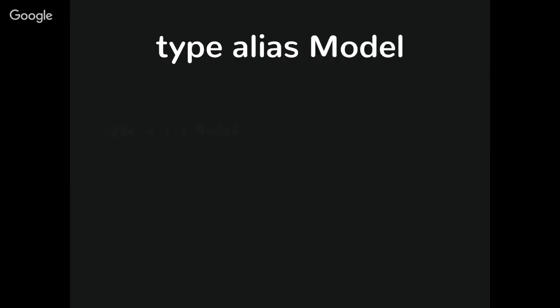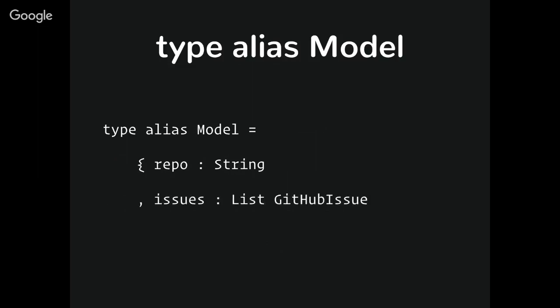So in this case, we're going to name it model. You say type alias model is equal to, then you use curly braces. We'll explain these in a minute, but pretty much all it means is I'm opening something that would be equivalent to a JavaScript object. They're called records in Elm. They're completely immutable. You can never change them, but there are ways to get a new version of it. So we're saying that the key repo is going to be a string. The key issues is going to be a list of GitHub issue, which we don't have yet. And that's it. Is there anything confusing about this? I know the syntax is hard to get past sometimes. So if you do have a question, please stop me right away and I'll address it.